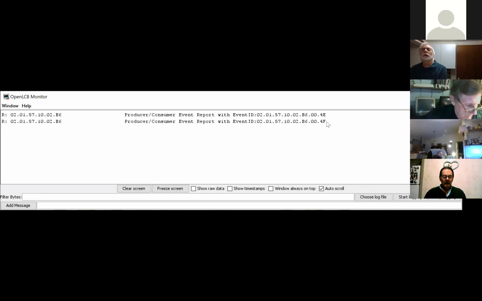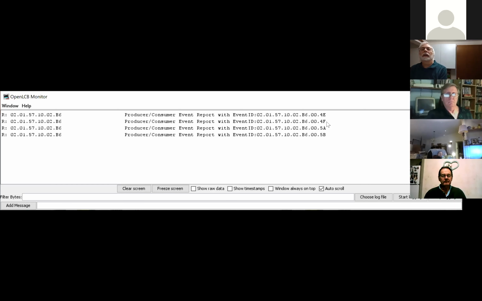I'm going to throw the other switch. I've got 2 switches on this thing. So here's the other switch, 5A and 5B are the endings of those events. And that means the other switch was thrown. Okay, how did I tell it to do that? Actually, I didn't tell it to do that at all. It came with that by default,